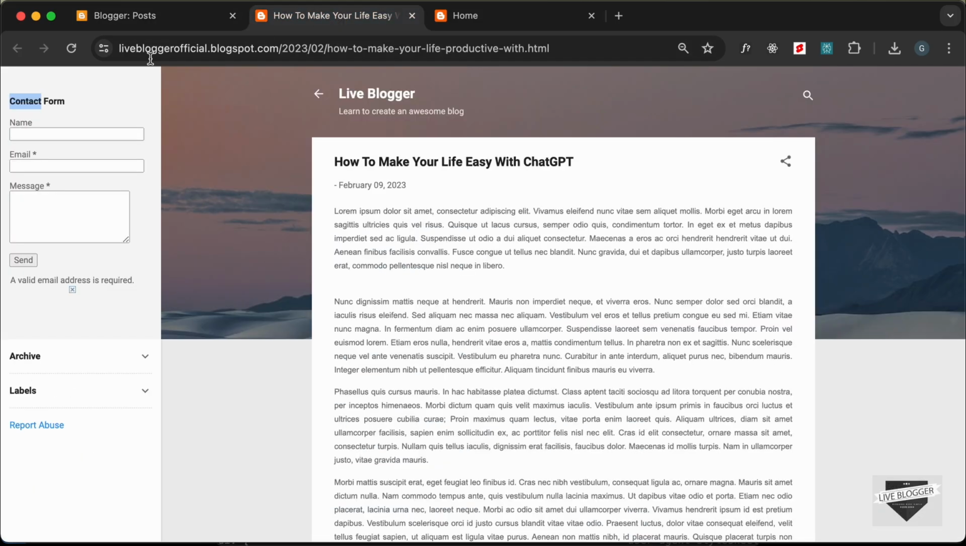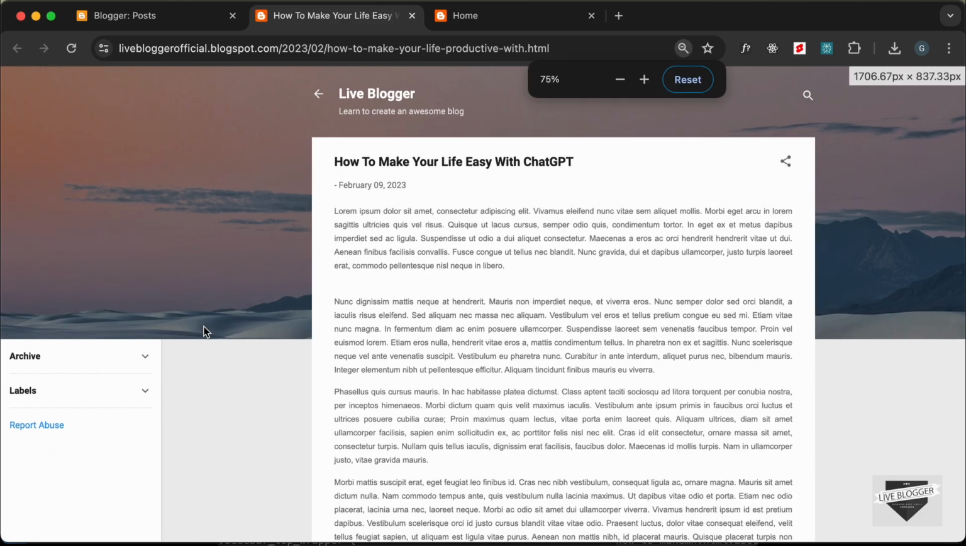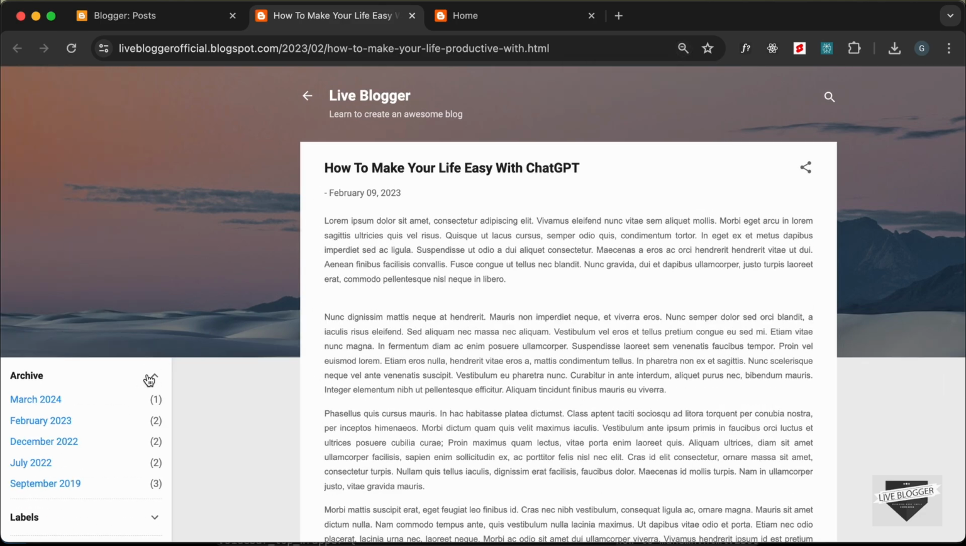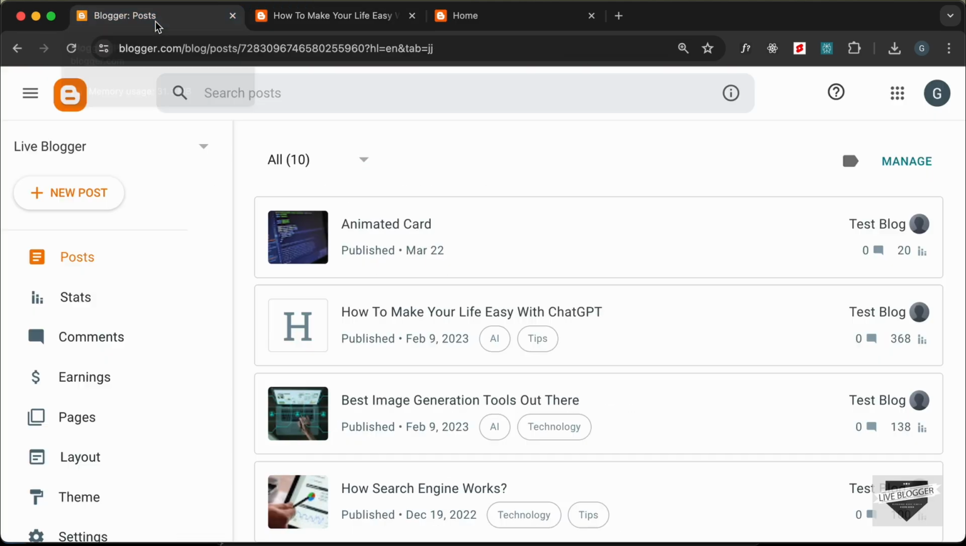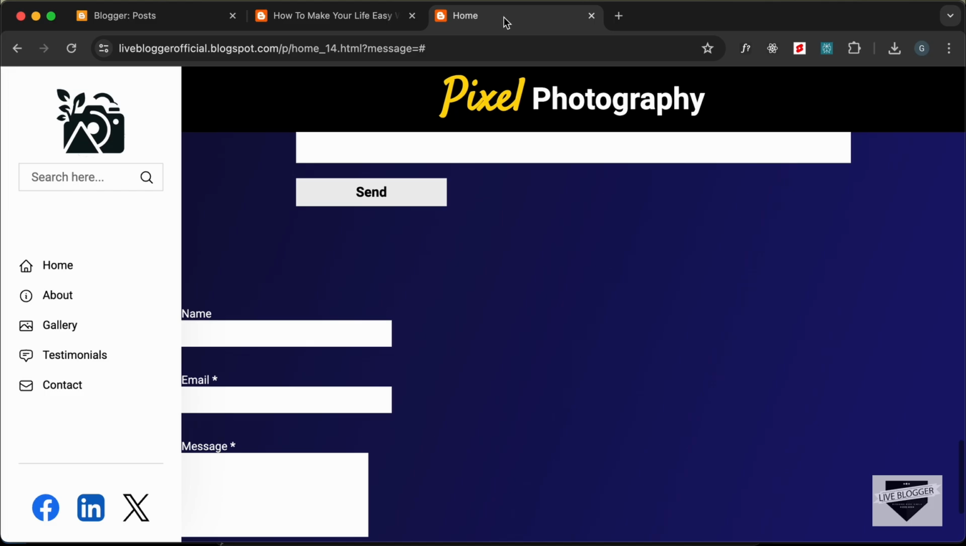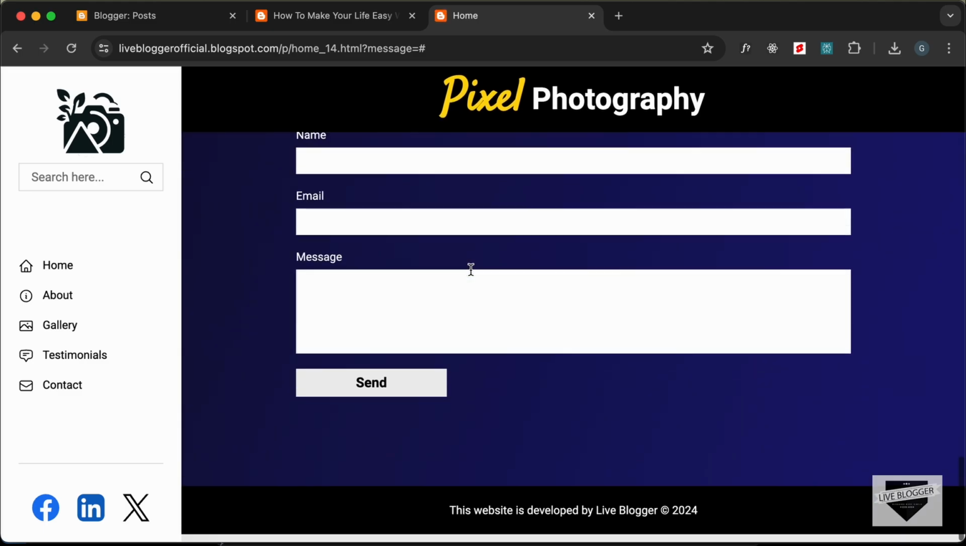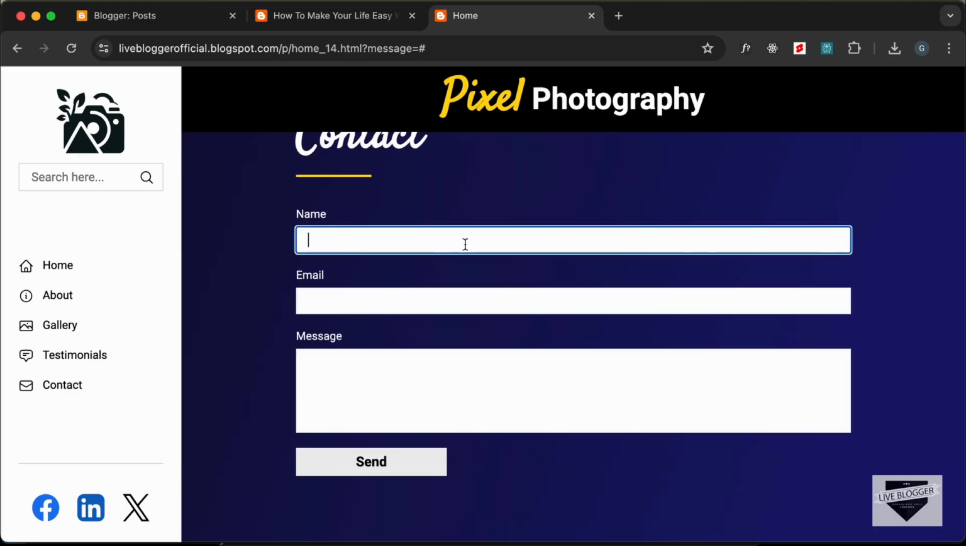And let's go to our website and let's reload. And now we can see that the contact form is not being displayed over here. So everything is working all right. Right, now let's go ahead and check whether this contact form actually works. So let's reload this page. And let's add some details over here. So I'll just type